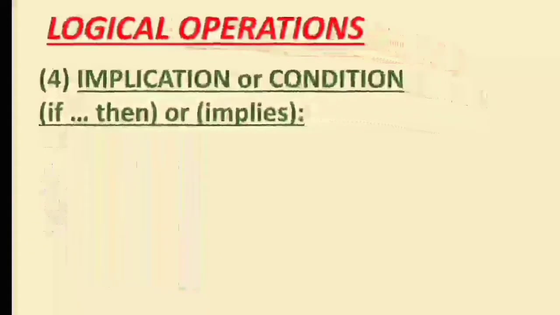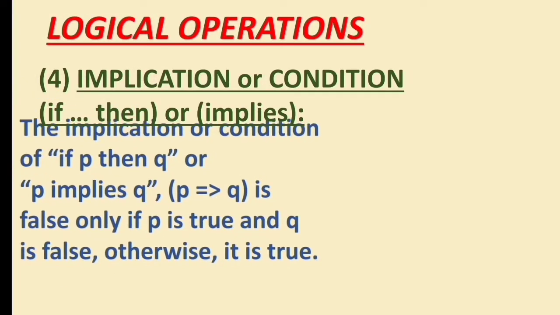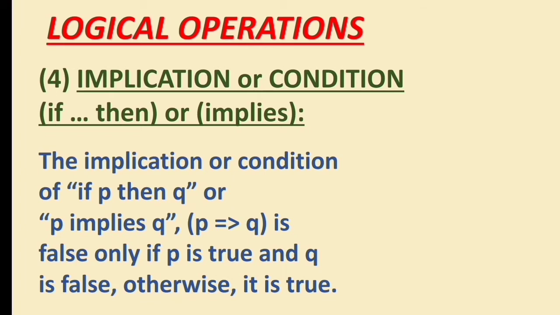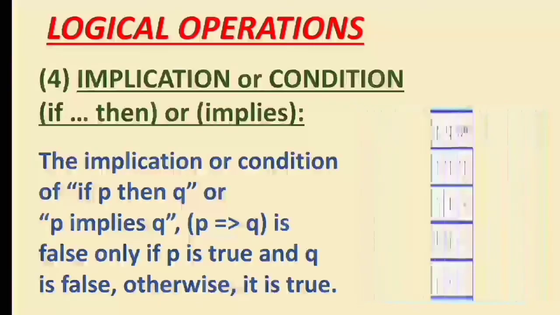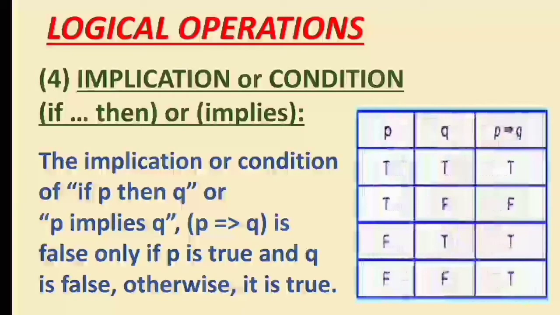The fourth logical operation is implication or condition. The implication or condition of if P then Q, or P implies Q, is false only if P is true and Q is false. Otherwise, it is true. Let's see the truth table for implication or condition. For two simple statements P and Q,